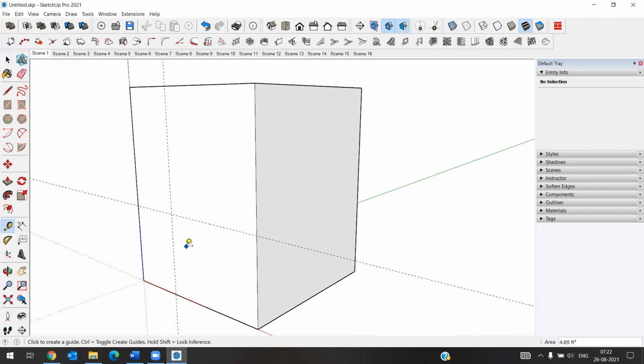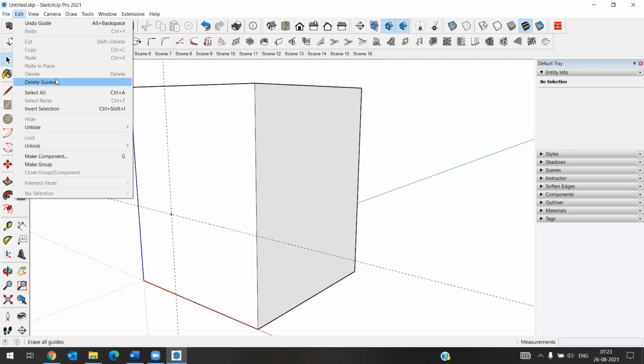How we'll do it is, first we'll take the tool and it is commanding us to pick, please pick a face. So you have to pick the face and please pick a reference point. I want the reference point from here. Go to horizontal distance. Horizontal distance is 8 inches. Click there. And vertical distance is 1 feet. Click there. And now I will delete these guides.